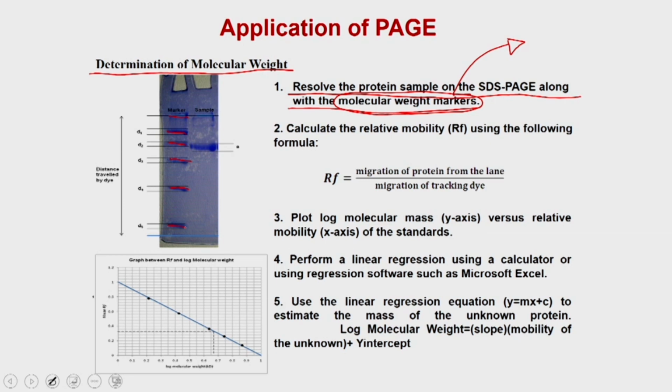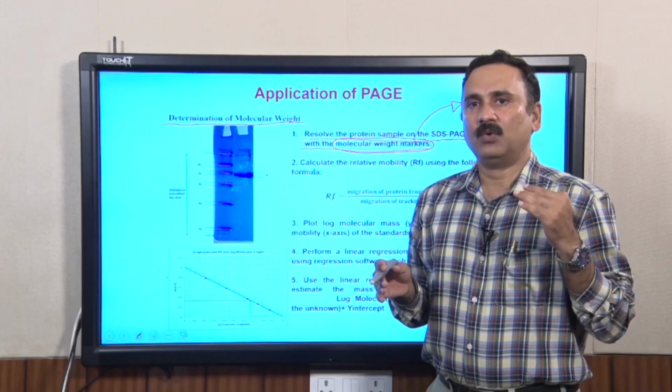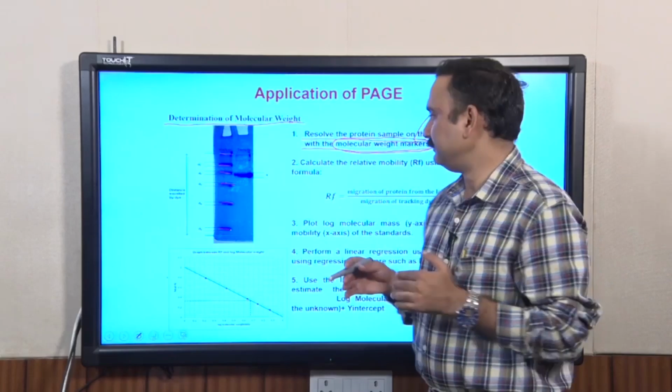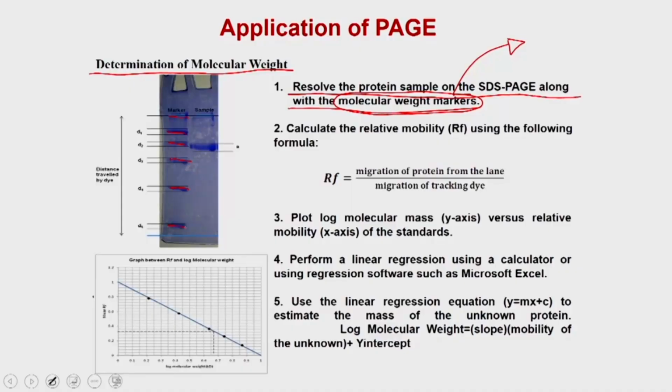Because you know this already, you can use it to derive a calibration curve. Once you have resolved the samples on the SDS-PAGE along with the molecular weight marker, you calculate the relative mobility, Rf, using the formula. Rf is the migration of a protein from the lane, which means from here,